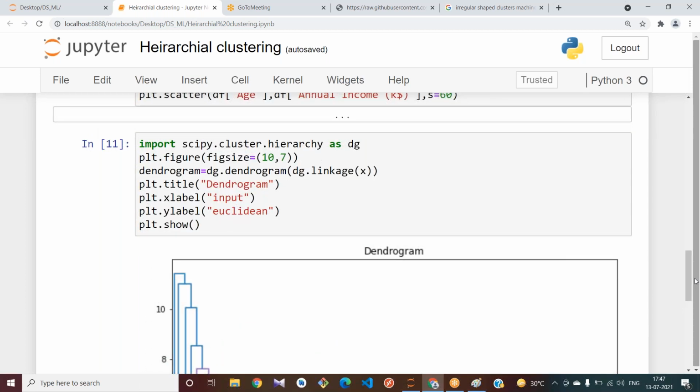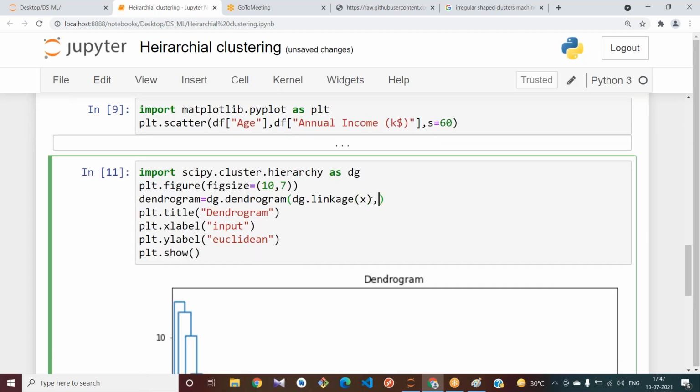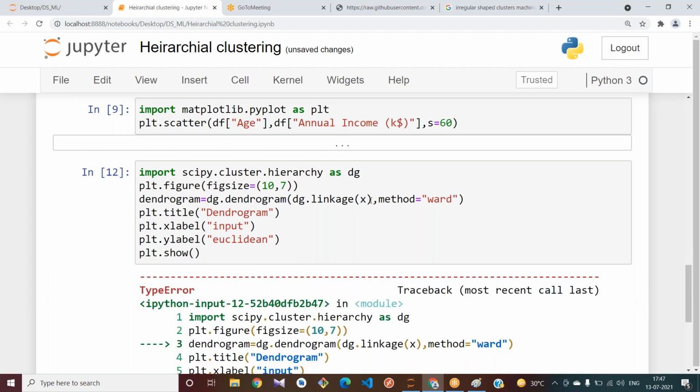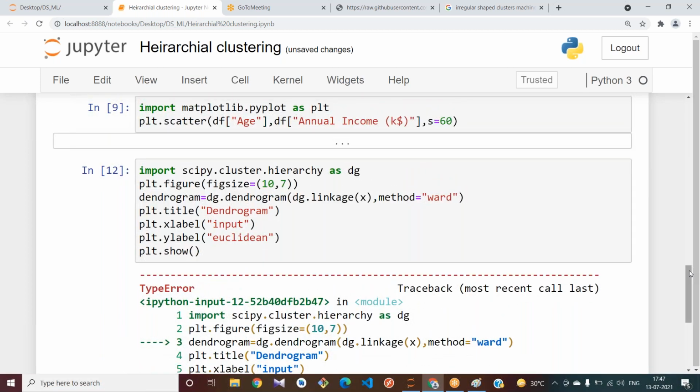Okay, by using some method, let us use the default method. Method equal to, let me show you, method equal to what? Let me use this. I am getting an error, dendrogram. Okay, sorry.